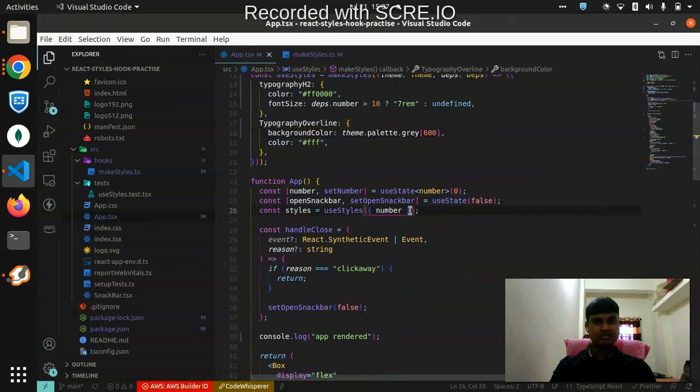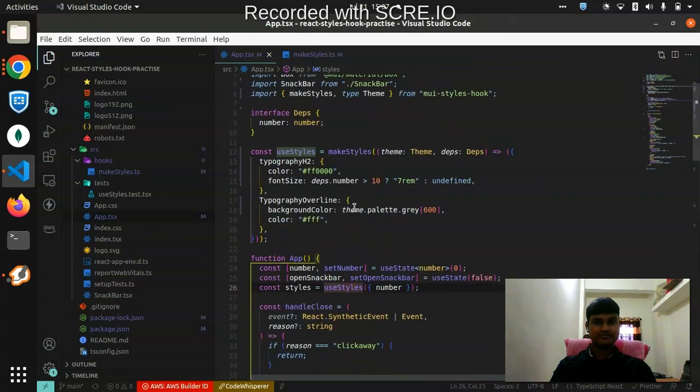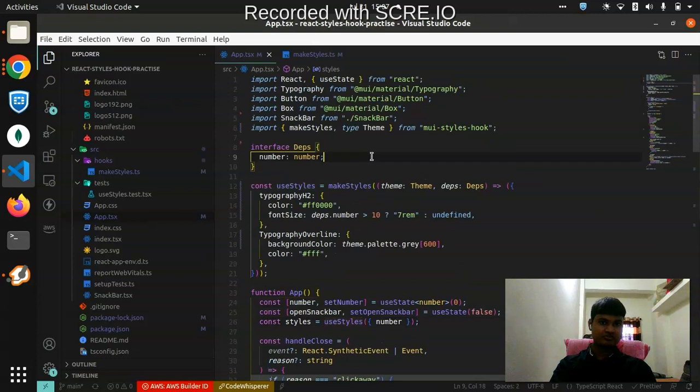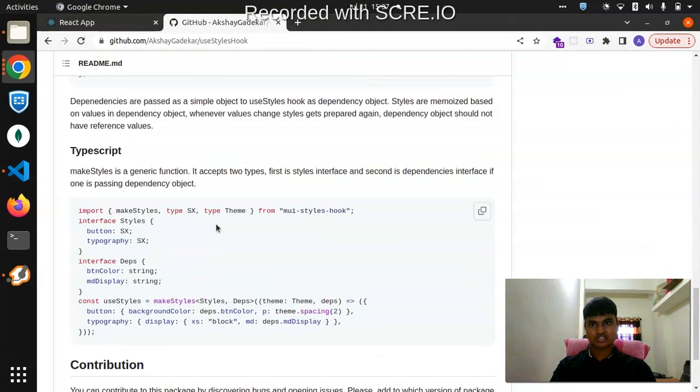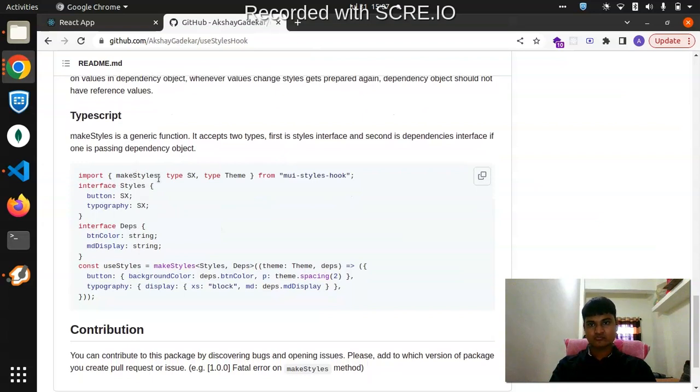We can also send the dependencies into it. So it's quite flexible, right? As we are using TypeScript, let's use the full power of TypeScript. There is also a TypeScript section on how we can use it. We already imported type Theme, so we can also import type SX,